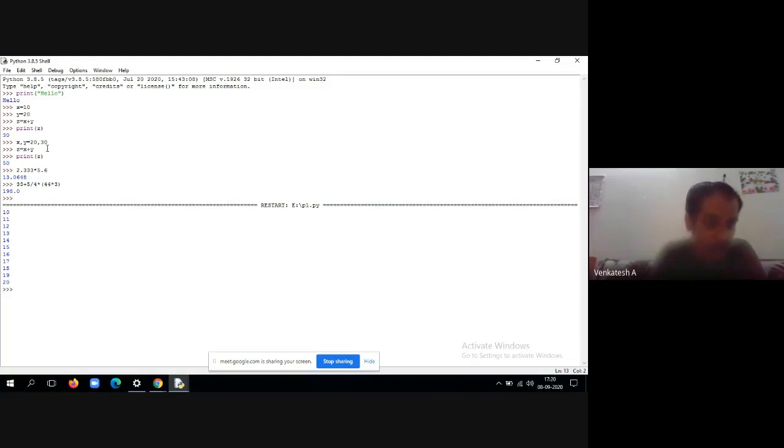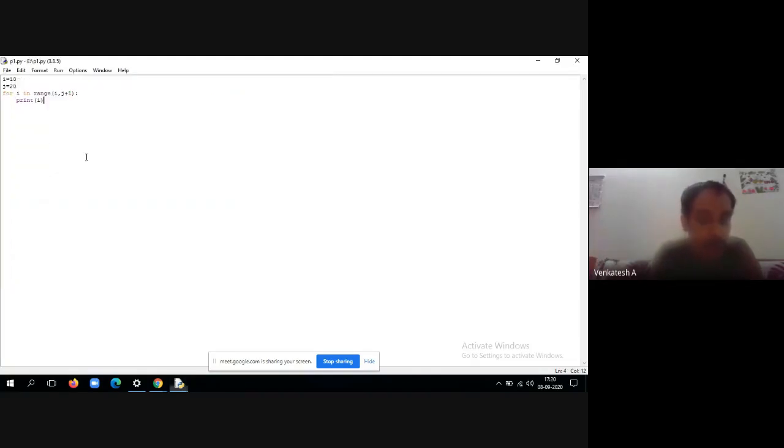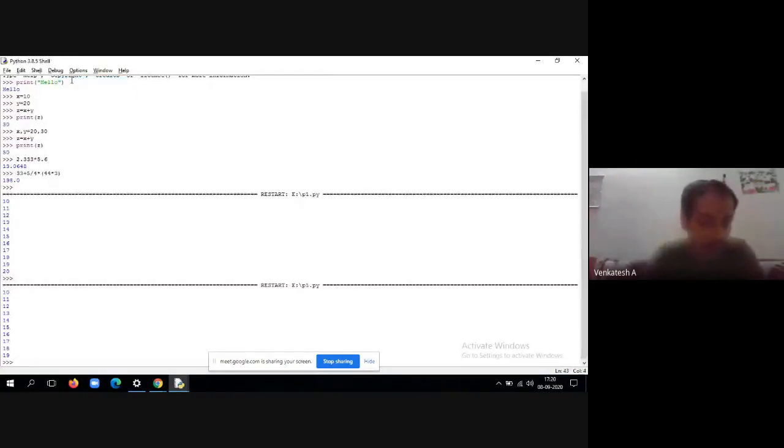Now look at here. What happens if I remove j plus 1 here? If I remove it, instead of printing the values from 10 to 20, it will end up with 19. So Control S, save. F5 is for run. Now you can see here the output.